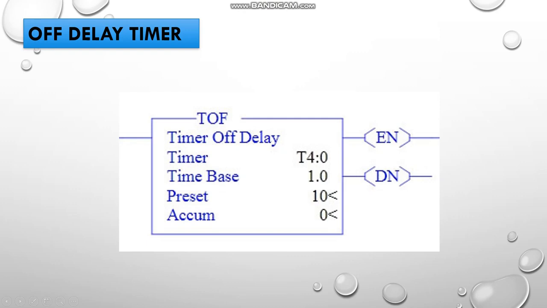The only difference is that in the previous case we saw T on, and here it is T off. What exactly do we mean by T off? The device gets turned off after a particular period of time. The time you initialize in the preset is the time after which the device gets turned off. So if you have initialized the preset value as 10, the device will be running initially, and after 10 seconds from when you switch off, it will go to the zero state. That is the operation of T off.